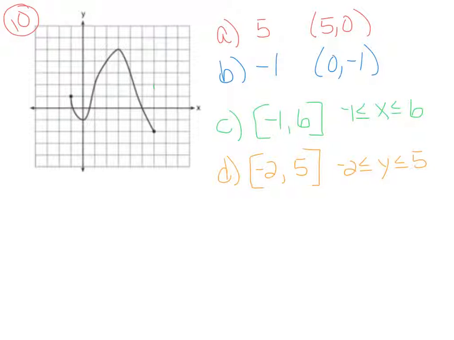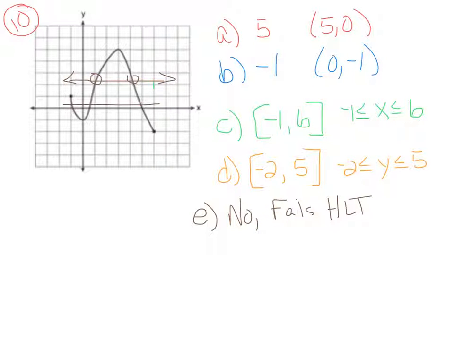In order to identify if it's 1-to-1, you can do this in a variety of different ways, but the easiest way by far is to simply go through and verify whether or not the horizontal line test works or doesn't work. In this case, if the horizontal line intersects the function in more than one spot, then this is going to not be a 1-to-1 function. So because the horizontal line test does cross at least twice, sometimes more depending on where you drew it, this is no, and the only real explanation you really need for this is you could say that it fails the horizontal line test, or you could also identify that a y value